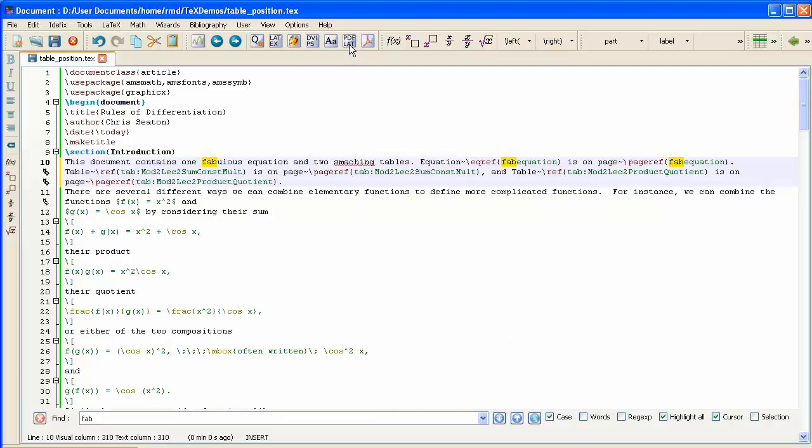Okay, so let's see what that looks like. I'll process it. The messages are obscured from you. I can see them on my screen, but I stretched Text Studio so you could see most of the LaTeX. You're losing the messages, but the message says exited normally, so I know that I can view it. I'll click on the view,